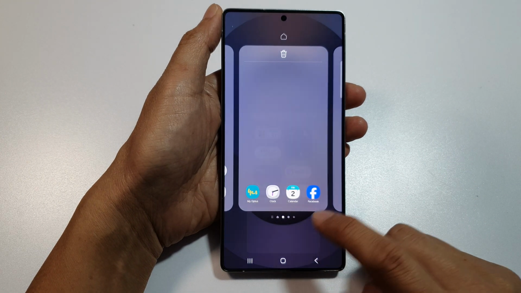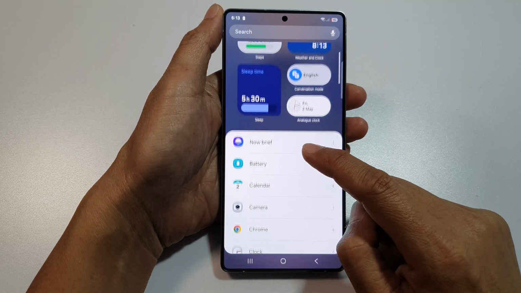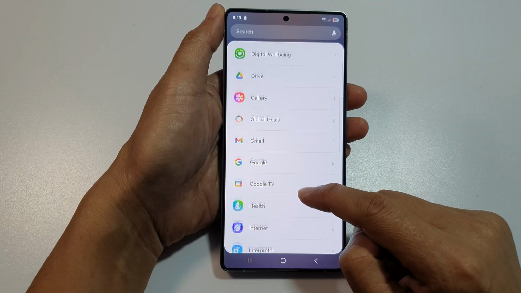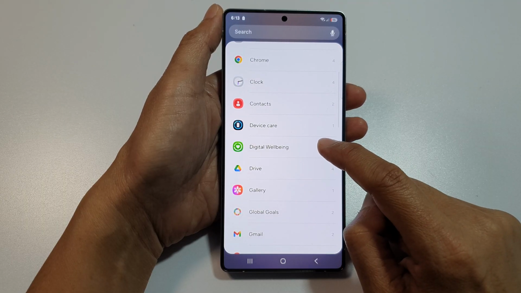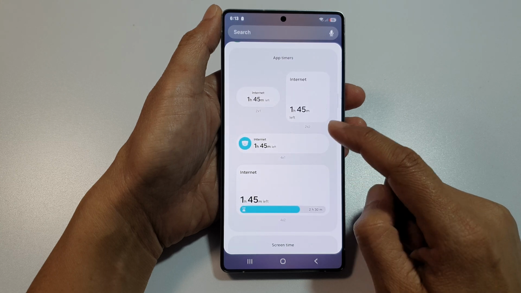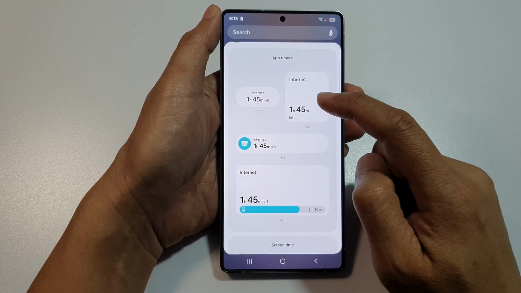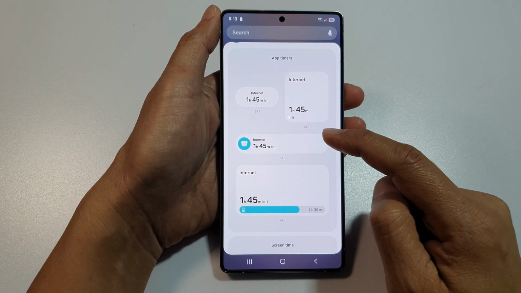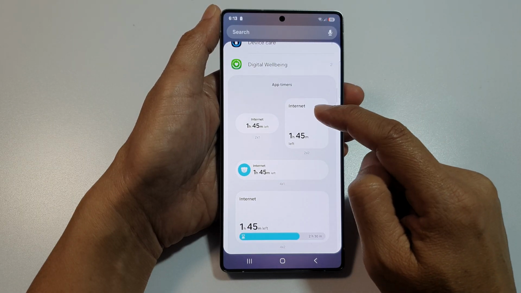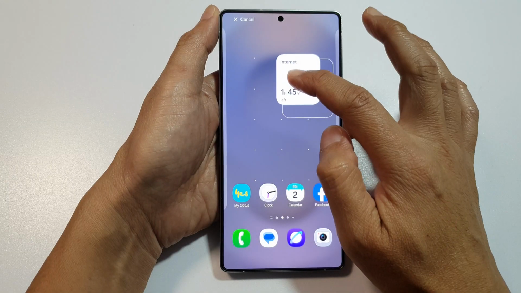Next, tap on Widgets, and from here, we then scroll down. Now tap on Digital Wellbeing, and then in here there are 4 different widget sizes that you could select: 2x1, 2x2, 4x1, and 4x2. So touch and hold on one of the widgets and drag it and drop it onto